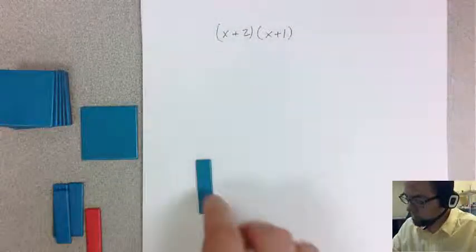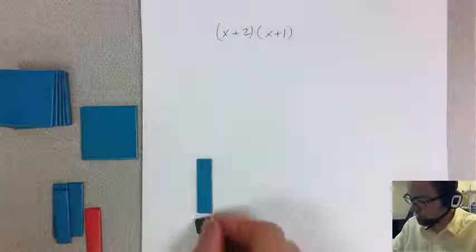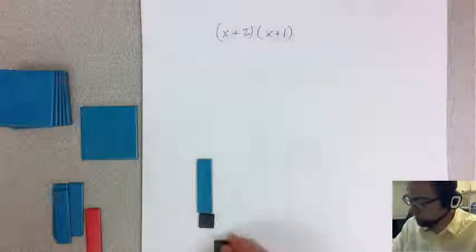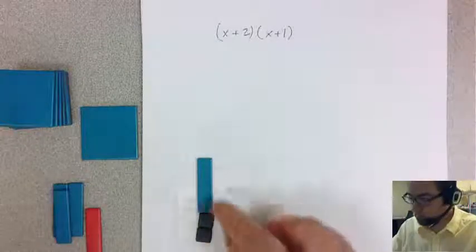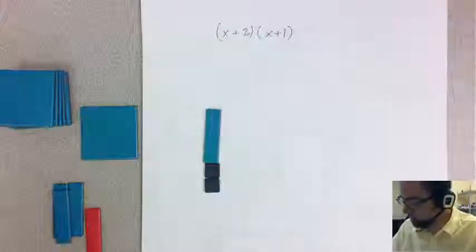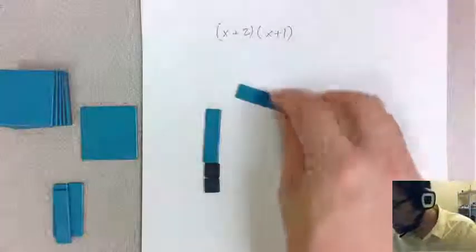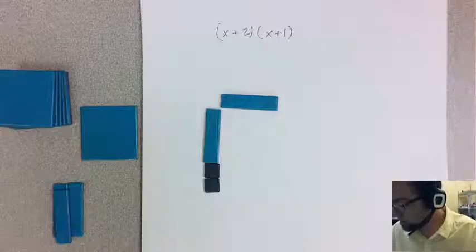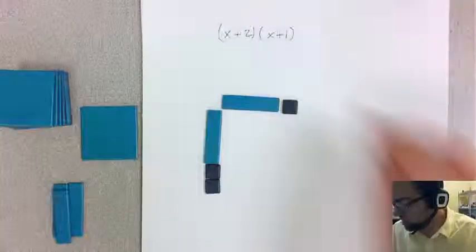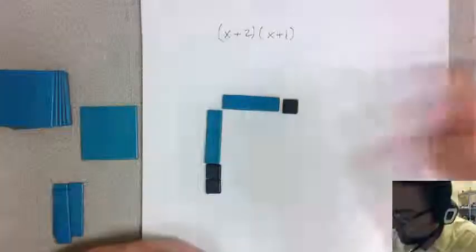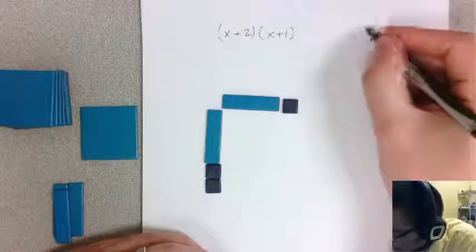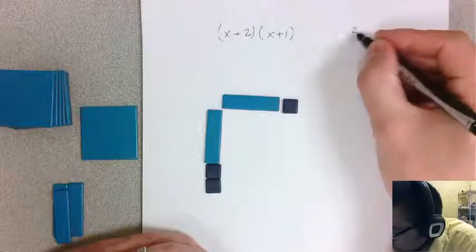So what I would do is I take my x plus 2. So that's my x plus 2 binomial right here. And then I'm going to multiply it. So I'm going to use this rectangular model. That's x plus 1. Okay, so let's go back a step even and say, how would you multiply 2 times